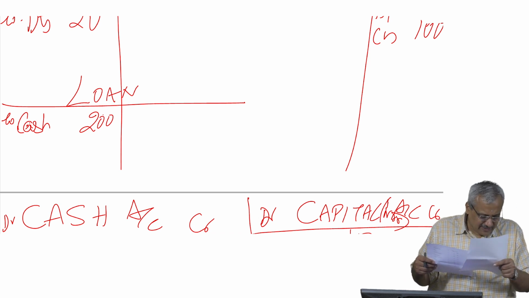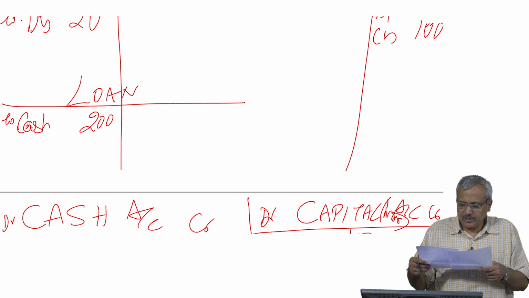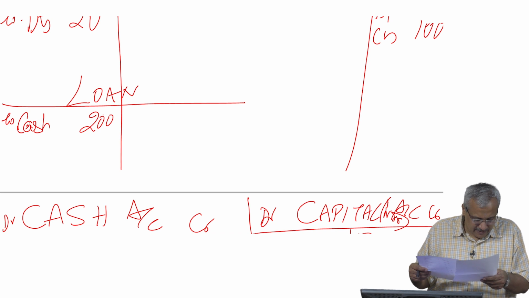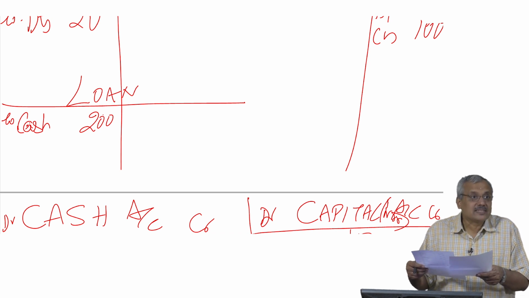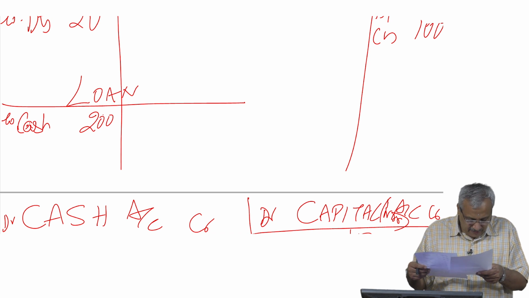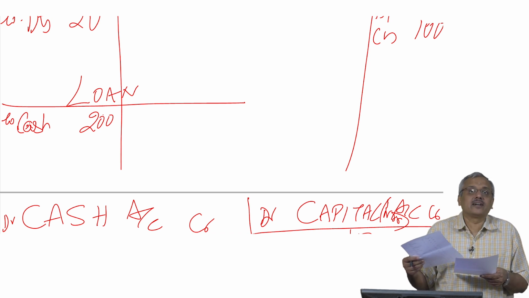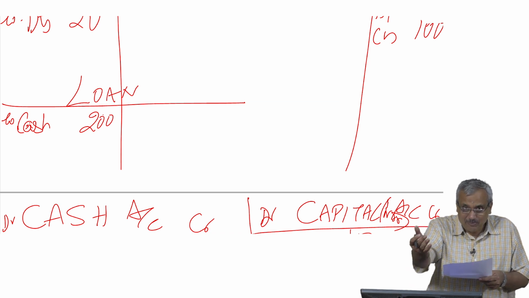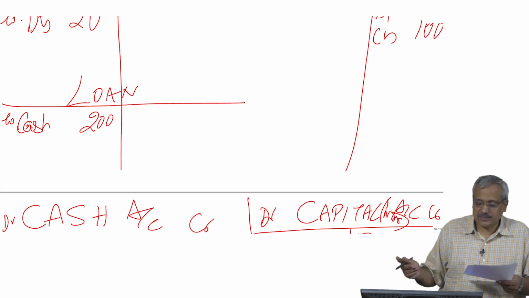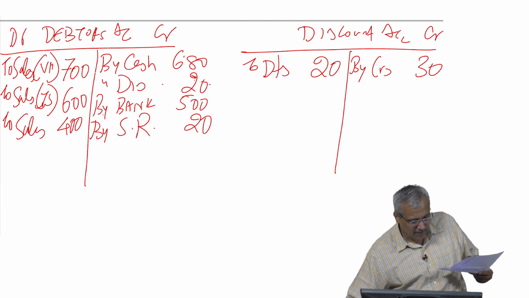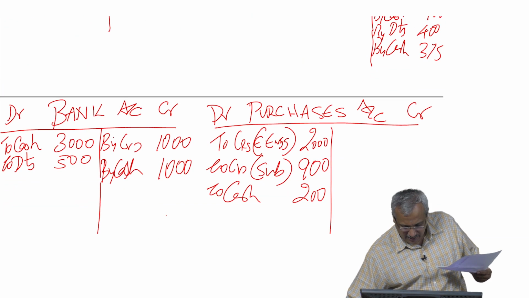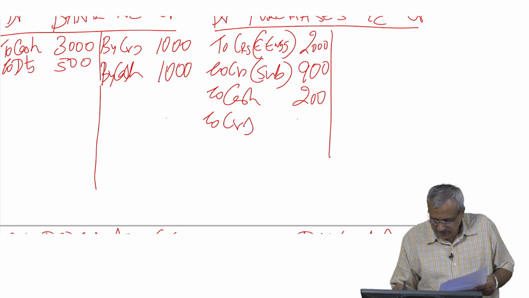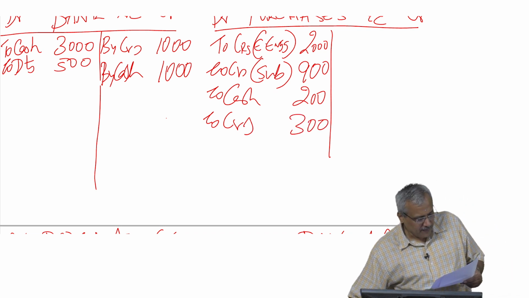Now I go to the 21st transaction in this particular case. It says bought goods from Savdega, rupees 300. When I say bought goods from Savdega rupees 300, what is the entry? Purchases account debited to creditors account. So I go to my purchase account, and purchase account is debited to my creditors, and then creditors is 300 out there.